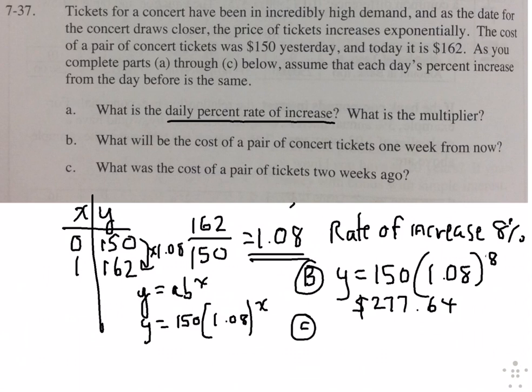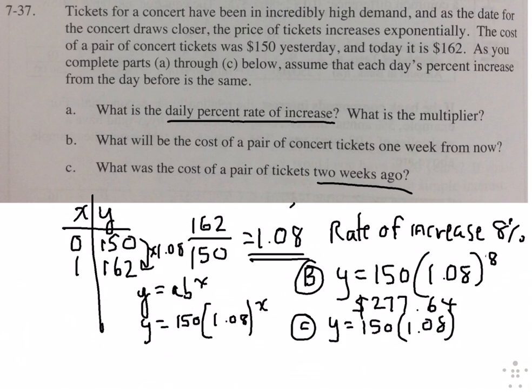For C, they say, what was the cost of a pair of tickets 2 weeks ago? So again, we can just use the equation, and we get y equals 150 times 1.08. And this is a little tricky. They're saying 2 weeks ago from today, which is already 1. So 2 weeks ago from today